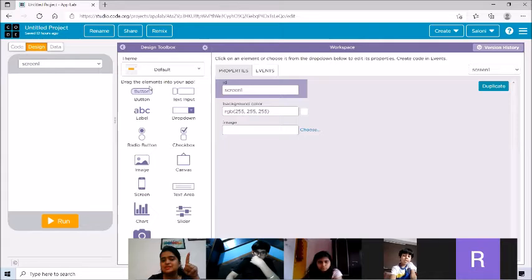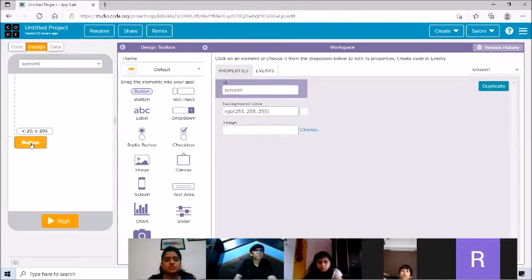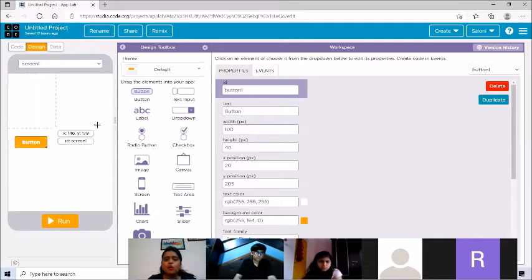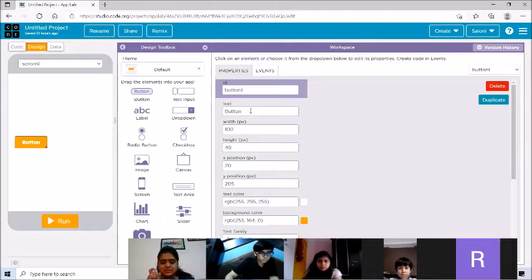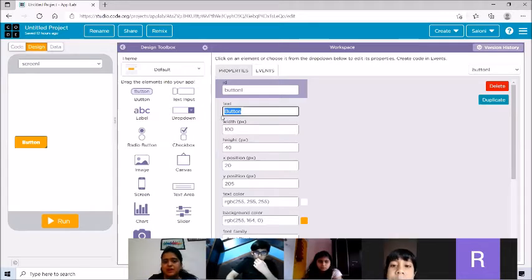So when I click on the first button, the numbers would be added. When I click on the second button, the numbers would be subtracted. When I click on the third button, the numbers would be multiplied. When I click on the fourth button, the numbers would be divided. Okay. So I'm taking 4 buttons. This is for addition. Okay. When you take the button on the right hand side, you can even change its text. Whatever is written here, you can change it. Like here it is written button, but I'll write add here, because this is the button that is going to add the two numbers.